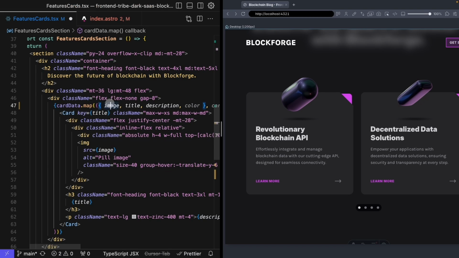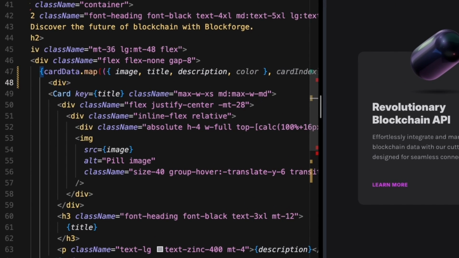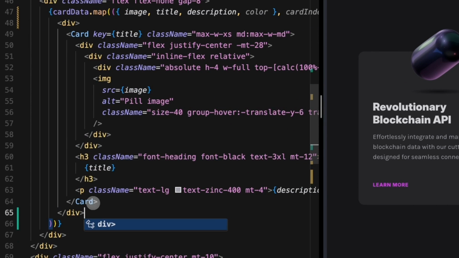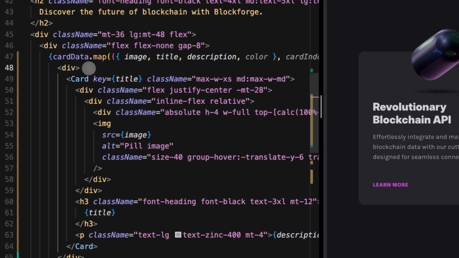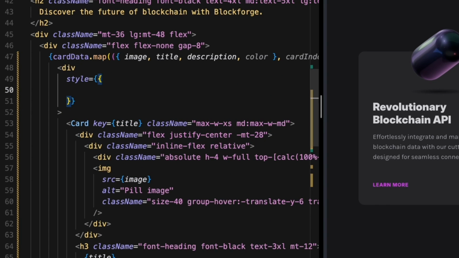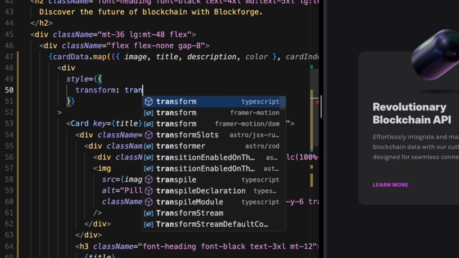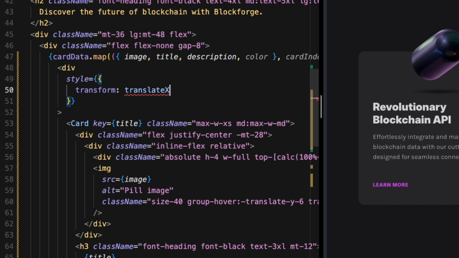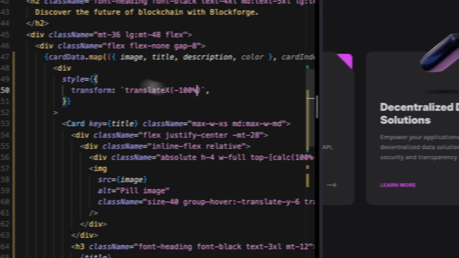So how we're going to do that is we're going to create a div that's going to wrap our cards. That ending div should be right there. And then we're going to add a transform based on the card index that's selected. Now let me talk about how we're going to do this here for a second. So I'm going to say style equals, and it's just going to be transform and then translate X, and we're going to translate this X value in a way that is relative to what we have selected. So if we did negative 100%, for example, if we translated X negative 100%, we would see the second one